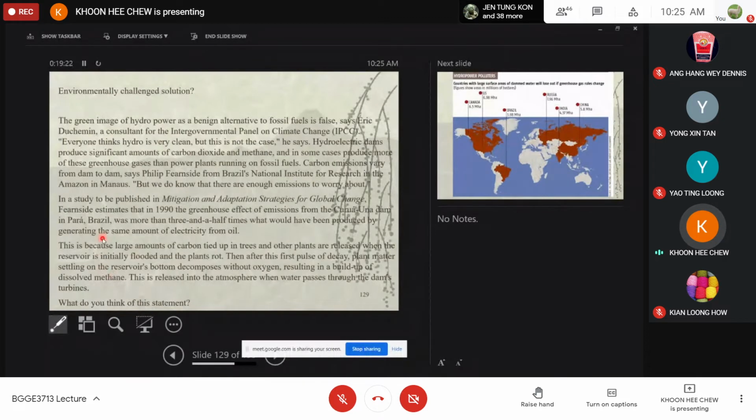Okay, this is environmental challenge solutions. This one I leave it to you to read on your own. It's just for your information. And the next one I show you where the locations of the hydroelectricity